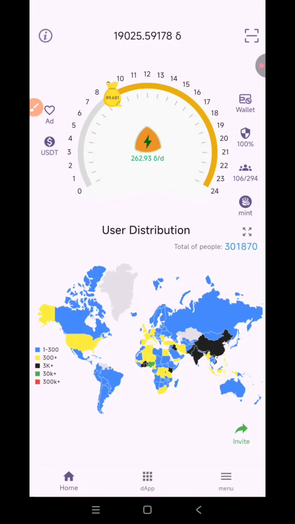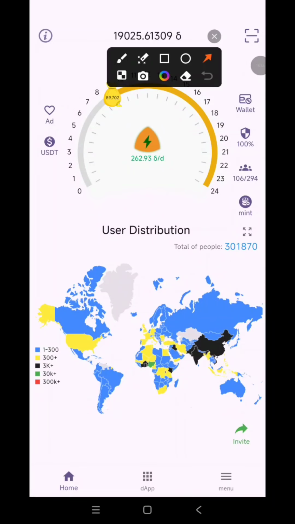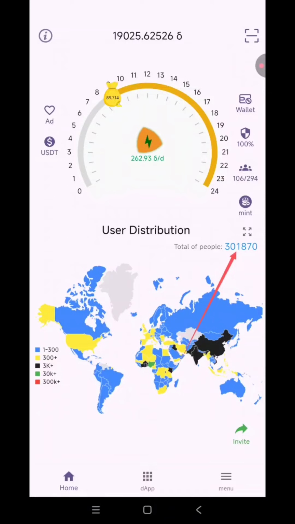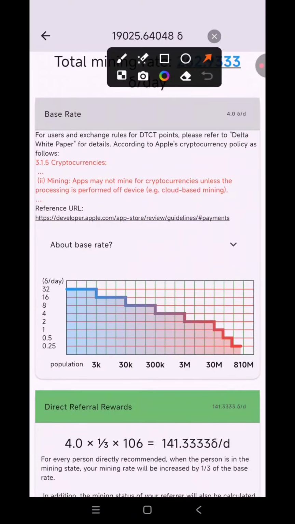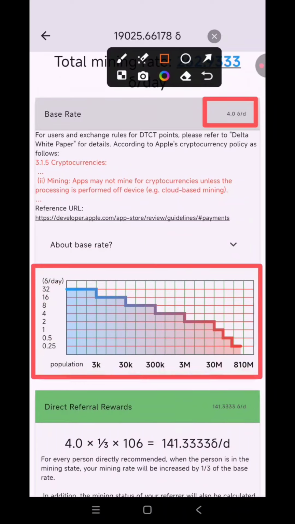Ladies and gentlemen, as you all know, the population of the Delta coin miners has hit 300,000, and as you can see here, we have 301,870, and this has brought our base mining to a reduction rate of 4 Delta coin per day. As you can see, this is the graph that shows the population against the Delta coin to be mined per